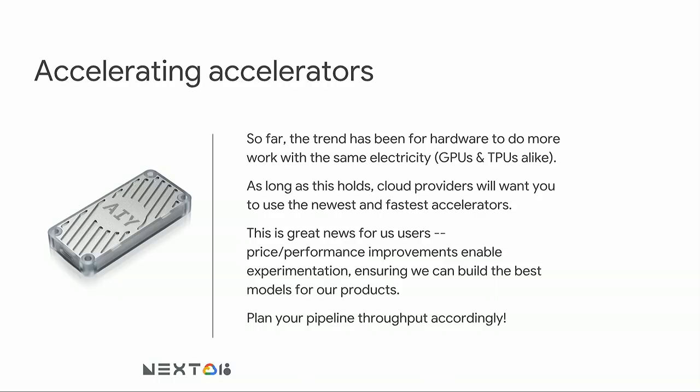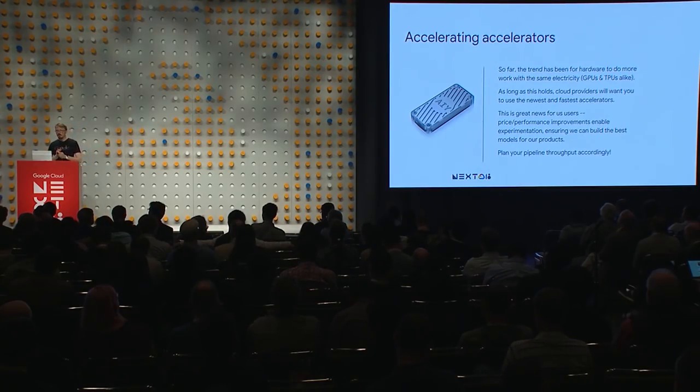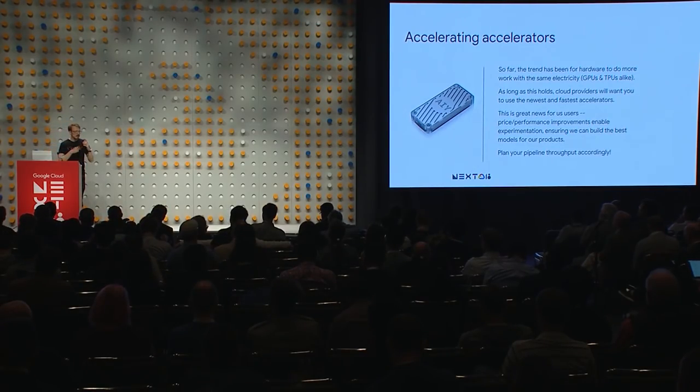So as long as this holds, there's going to be this pressure for us to make our code go as fast as possible. And this is fantastic. In particular, when you're doing research, if you're trying to dial in these solutions, you need to be able to experiment as quickly as you can. You need to be able to try things that might have been too expensive to try otherwise. And so having this push to use the best price per performance, and having the price per performance be use the fastest thing, not use the slower thing, means that we can really dial in the models that we're trying to build. We can really iterate faster on how we're going to test the various ideas we have for how to develop models.